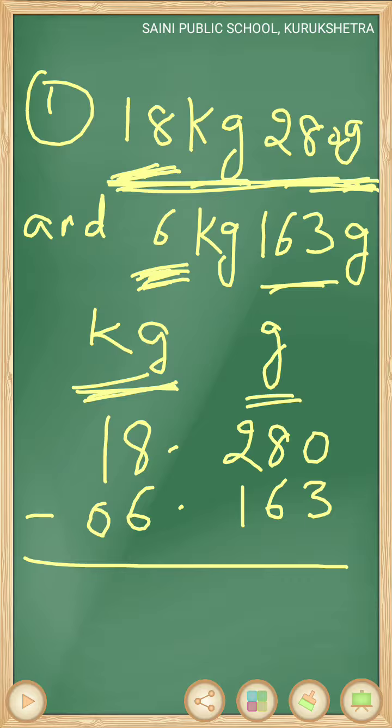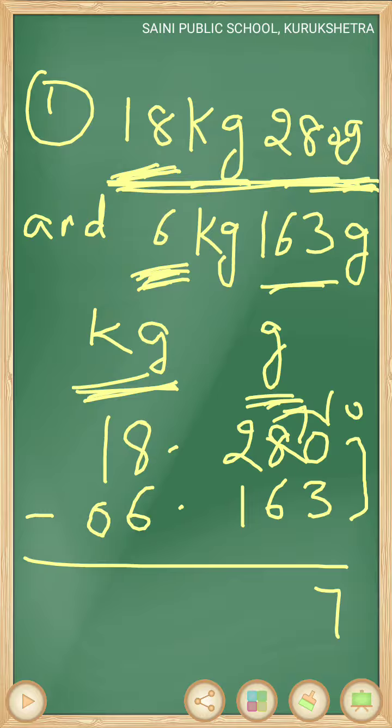Now subtract these two numbers. Now you know we always do subtraction from which side? From the right side. So we will start subtraction from the gram place. 0 minus 3. Not possible because 3 is greater than 0. We can always subtract a smaller number from a bigger number. So what will we do? We will take a borrow from the next place. So it will become 10 and the next place will become 7. Now 10 minus 3, 7. So here I will write 7.